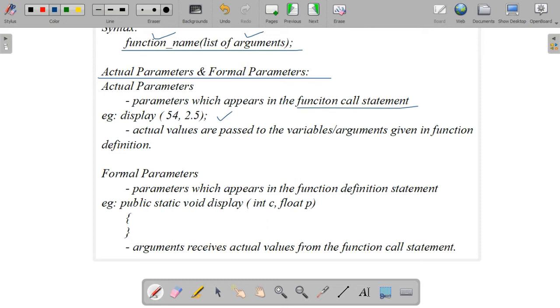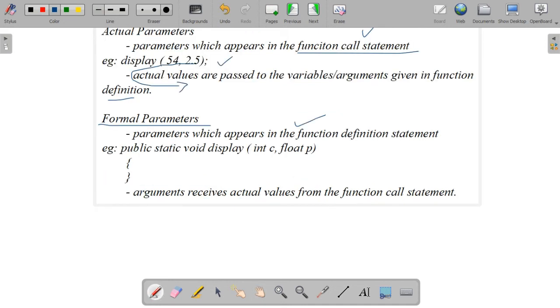Example: display of 54, 22.5, any values we pass directly. These actual values are passed to the variables or arguments given in the function definition, and the actual value is copied to them.